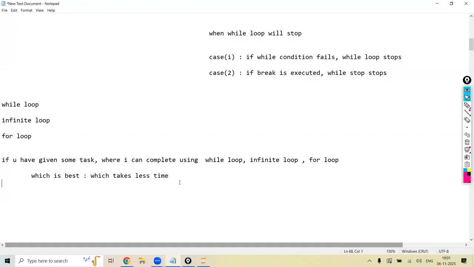For example, you can see which one is best, miss. For example, in a running race, okay, two people